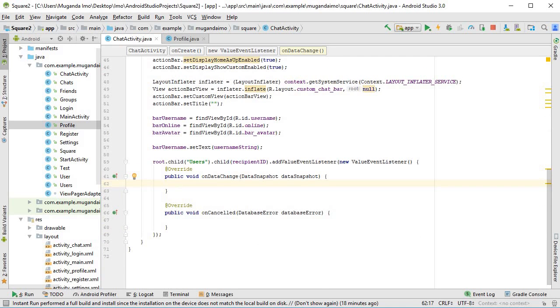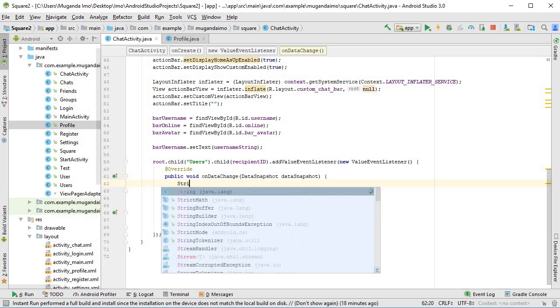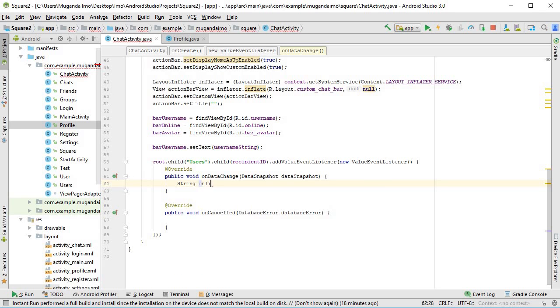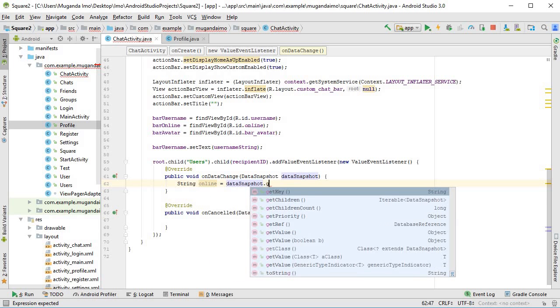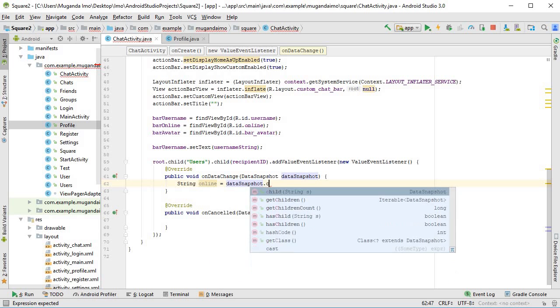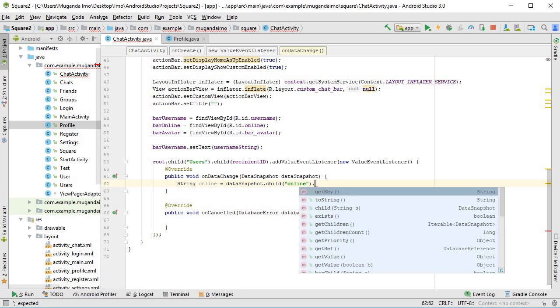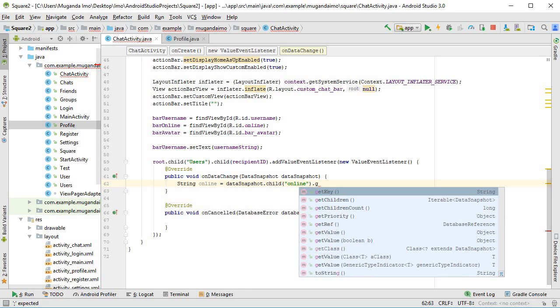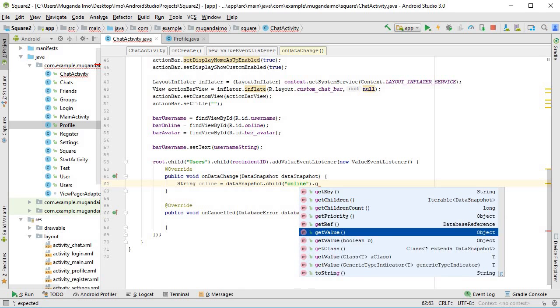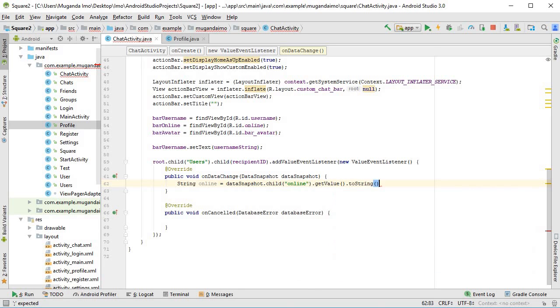So within the on data change, I'm going to get the value of online, the online entry. So string online is equals to data snapshot dot get dot child, not dot get, dot child online dot get value dot to string,